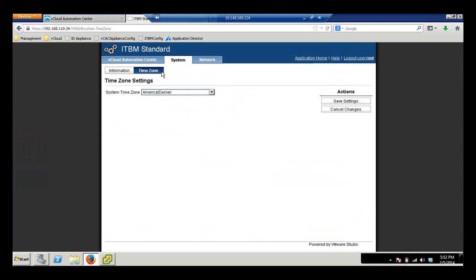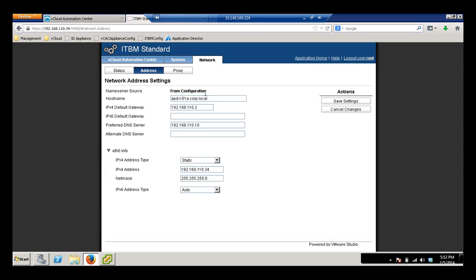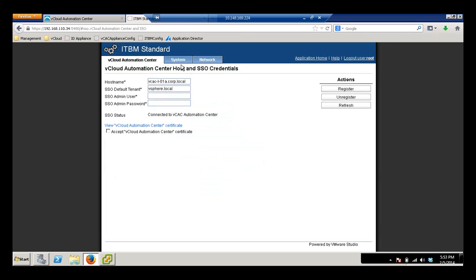because that could cause issues. Then you go over to the network component, and you want to give it a host name. I think by default this is like local.something, so you go in here and give it a host name. You can change any of the IP information, save the settings, and then you would go over to this vCloud